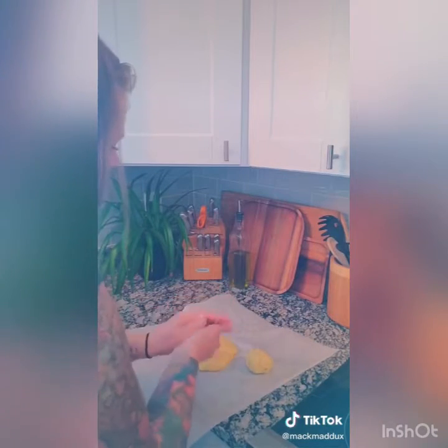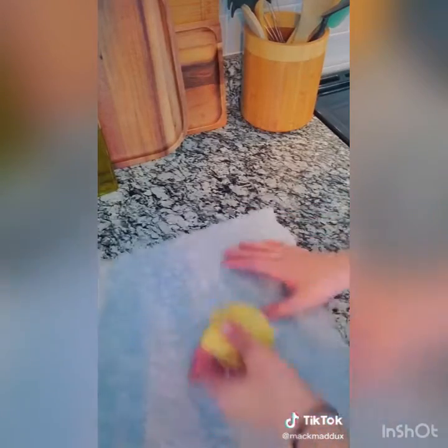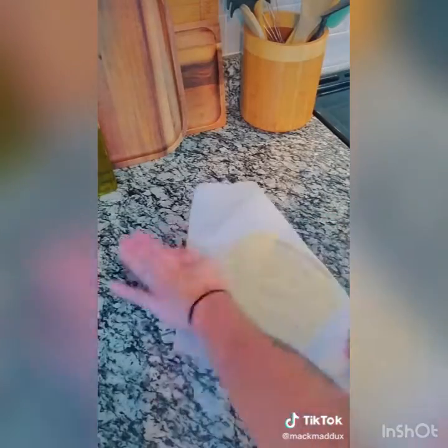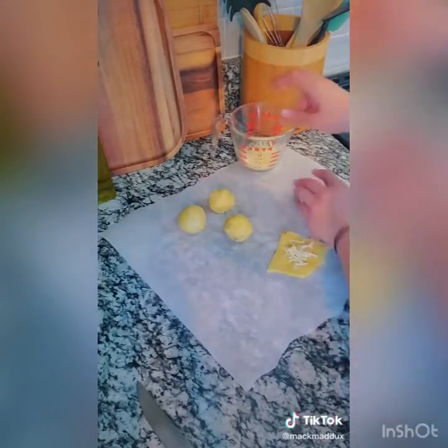And then I went ahead and separated that into 3 personal-sized pizzas that I can freeze. And I just store those in the freezer in a gallon Ziploc. Now go ahead and press that pretty thin, and you're going to split that into 4 pieces. Go ahead and stuff it with mozzarella and your frozen